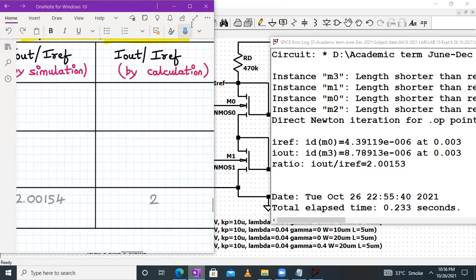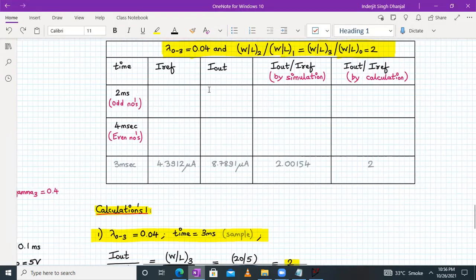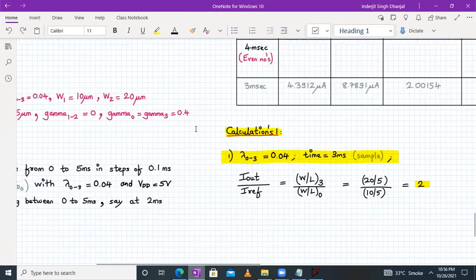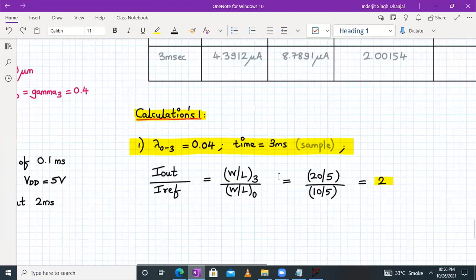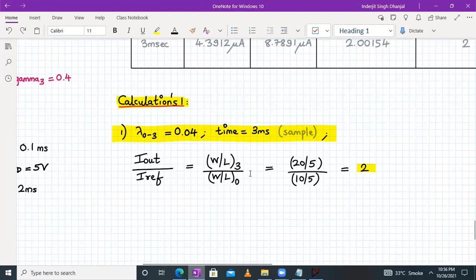Now we need to measure it by calculation, that is, calculate the value of I out upon I reference. For a cascode current mirror, for lambda equal to 0.04, in the formula we don't have the 1 plus lambda VDS term, because that is taken care of in the cascode current mirror. So I out upon I reference is W/L of 3 divided by W/L of 0.